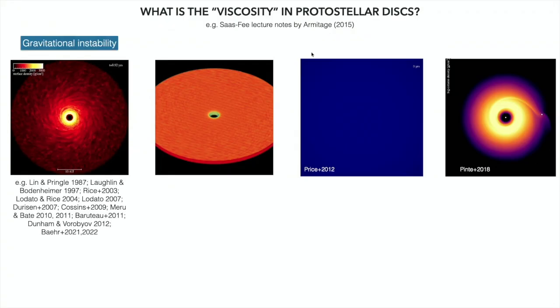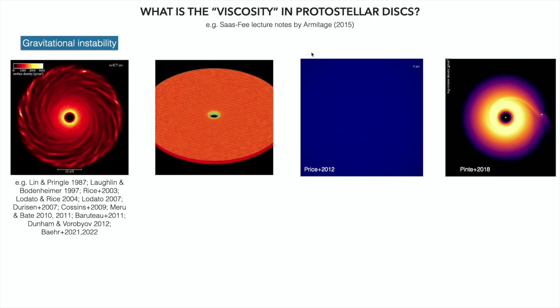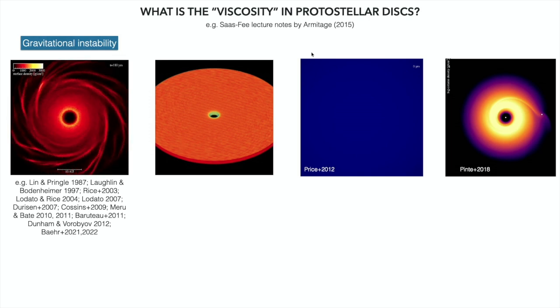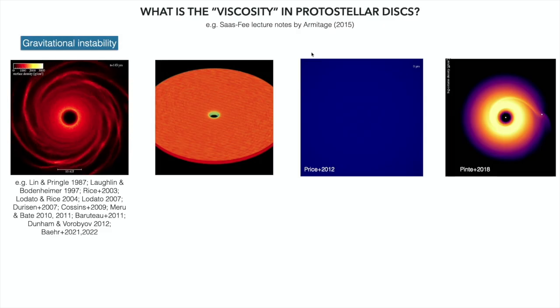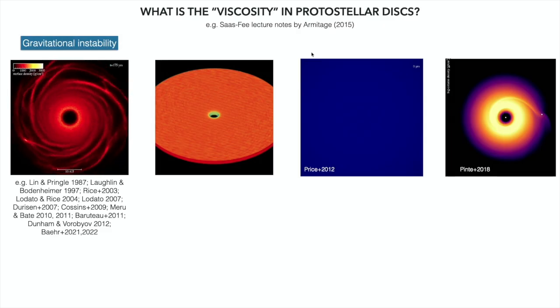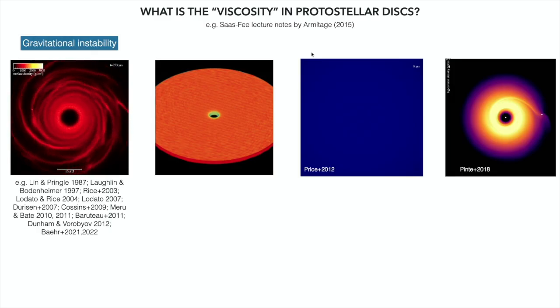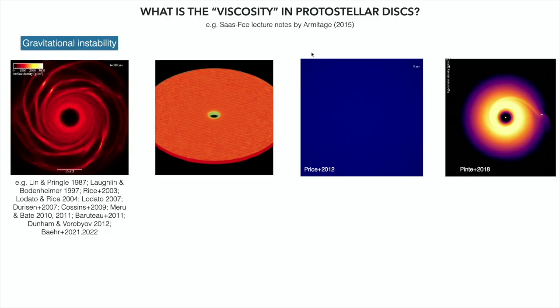One of the most obvious, of course, is simply gravitational instability. So if a disk is unstable to its own gravity, the disk will want to collapse, but you will make spiral arms. These spiral arms can heat the disk, and it can self-regulate into this gravi-turbulent state, which is a kind of large-scale turbulence in your disk, which is therefore doing the job of mixing material between rings and transporting angular momentum. Okay, what's wrong with gravitational instability? Well, you need a disk which is heavy enough to start to collapse under its own gravity. All right, the next most obvious mechanism.